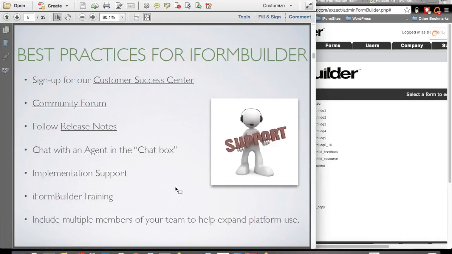Then we have our iForm Builder training sessions. Those are here, these free training sessions that we have for you, as well as we can go on site and do online training sessions too to customize what the need is for your specific company. And the last thing here is we highly suggest to include multiple members of your team to learn the